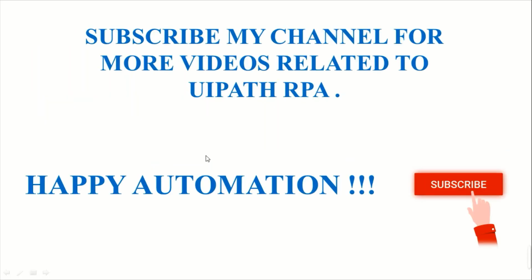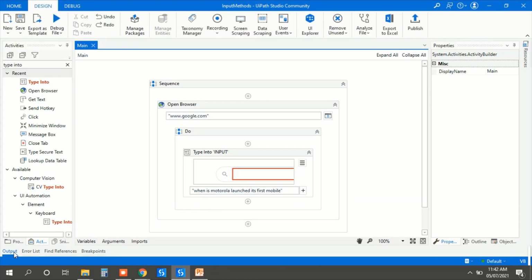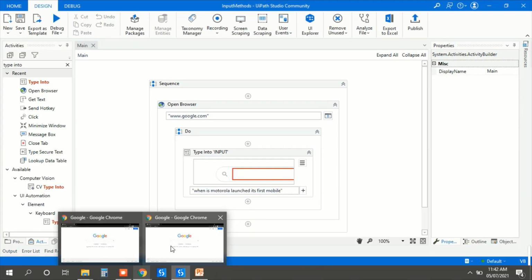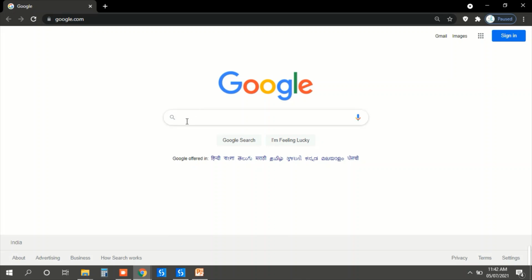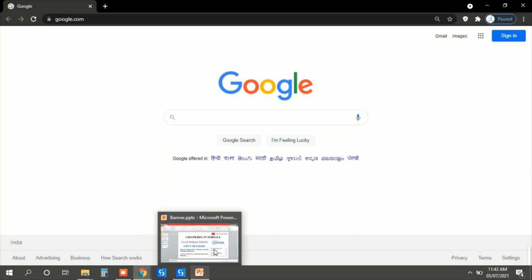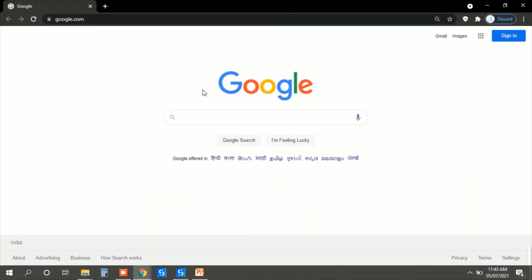Okay, now open the PowerPoint again. Yeah, the execution ended. So let's see now. Here you can see it just opened Google and kept it blank, because we opened another application and did not keep this window in front, so it cannot work in the background. That means the default method cannot work in the background.